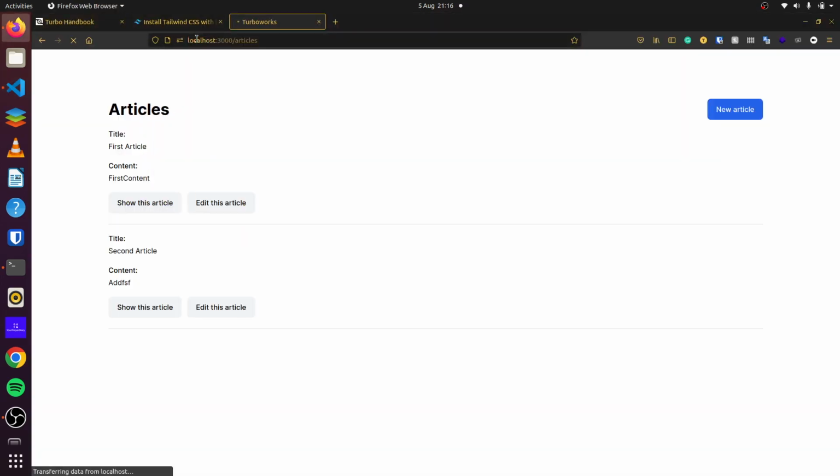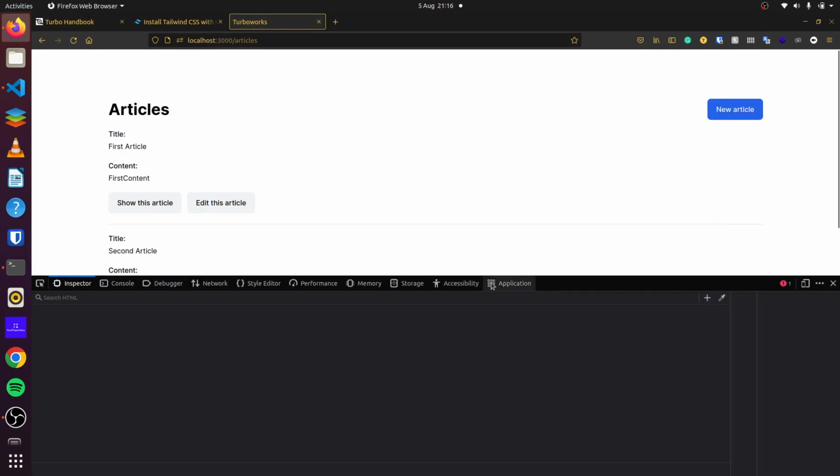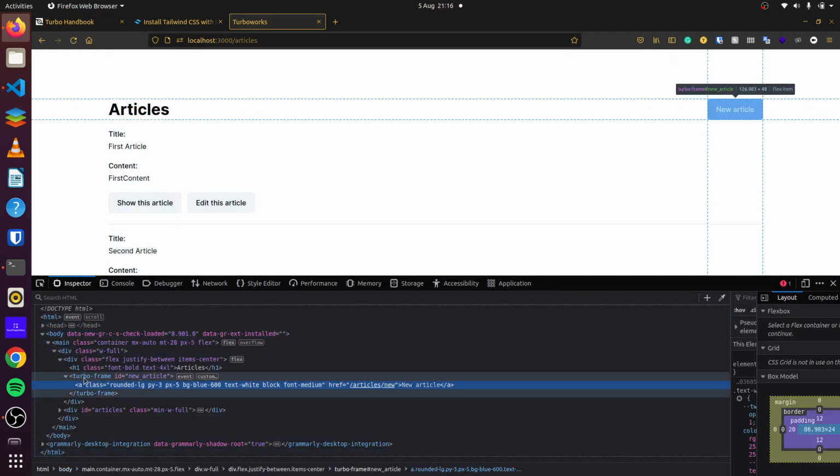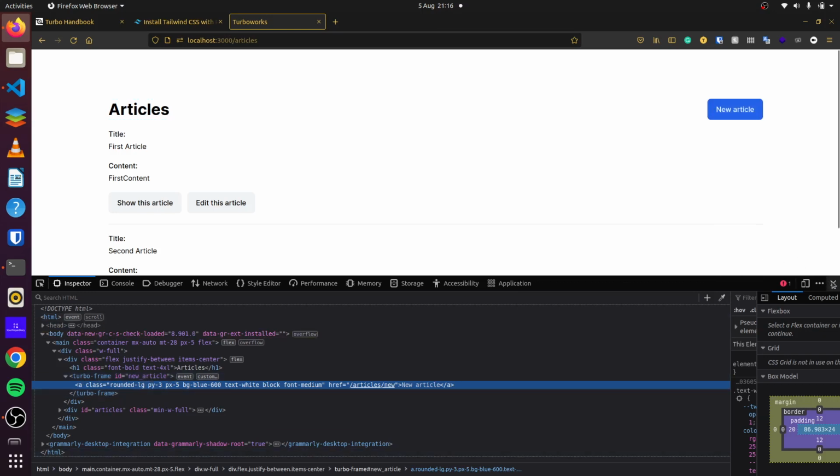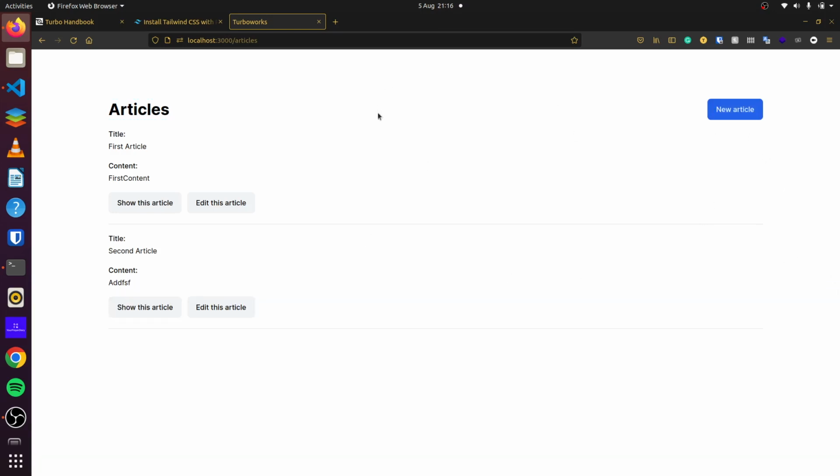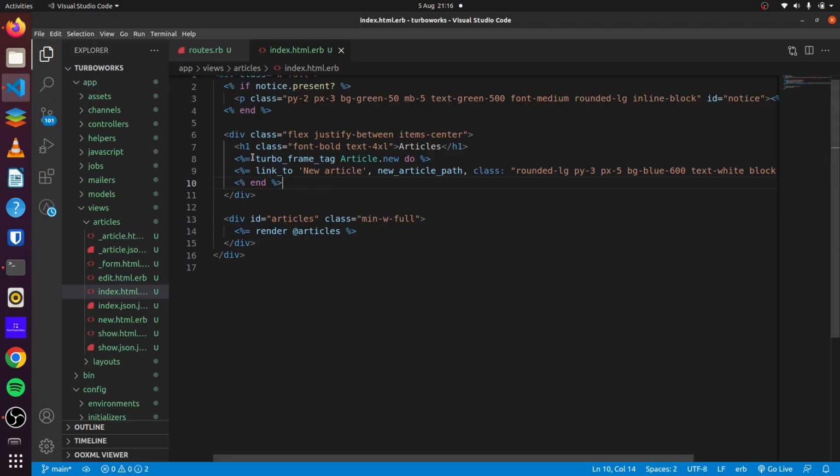If we refresh it and we inspect it here, you can see we have our turbo frame tag with ID new article. So we want our form to show up here. So we'll use the same turbo frame tag with the same name, which we use article new here. If we head over to